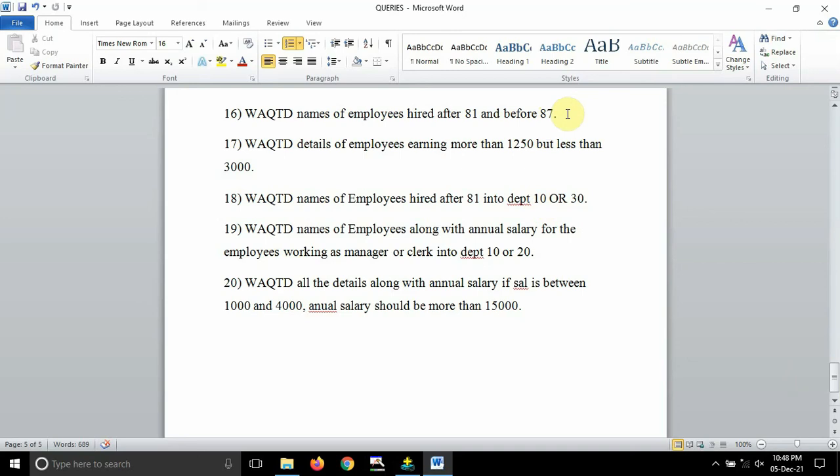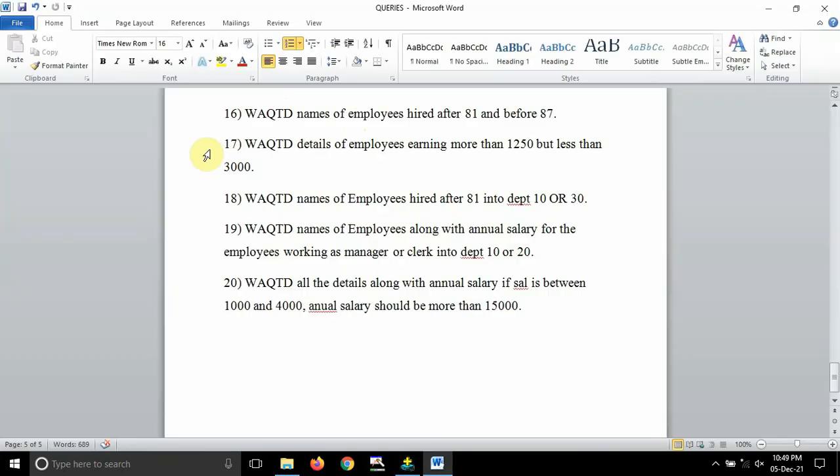Got it? Now I'll write the query, that is the 16th one. It is pretty simple if you understand, guys. Write a query to display names. First, select ename from emp. Then the where condition, first condition: hired after 81.